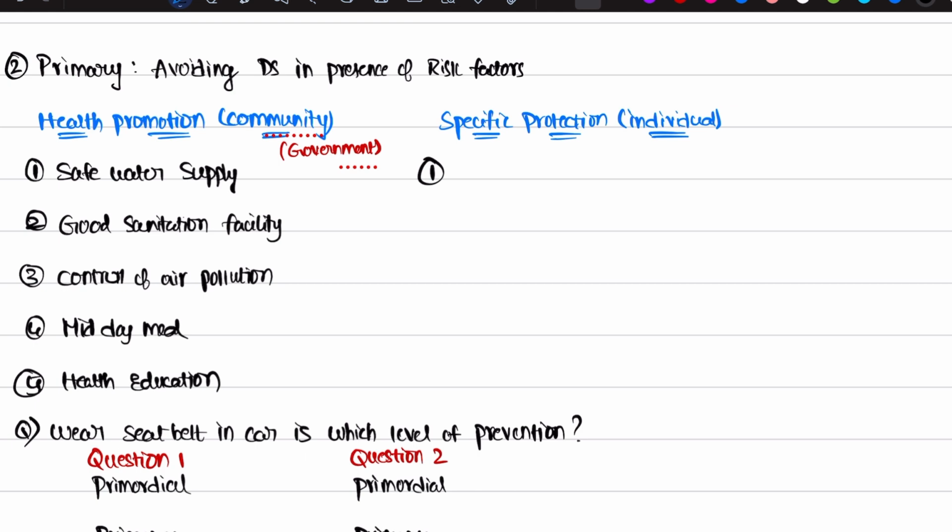here in the specific protection, use of helmet. So it is benefiting us, right? If we are going to meet any accident, it is safe for us to use the helmet while driving. That's why this is going to help the individual, not the whole community. If you wear a helmet, you will be protected, not your friend, right? This is the simple example I'm going to give you. And the use of seat belts